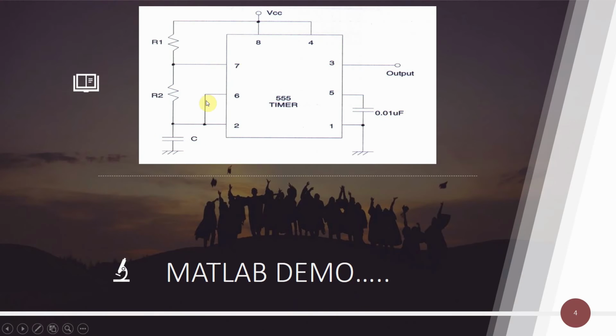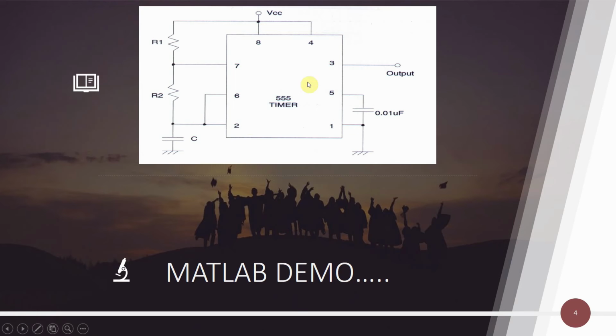Next, this is the diagram which you have to connect. The 555 timer IC is available in the market. While connecting, you just have to short 2 and 6, and if you have to connect a monostable, 2 and 6 should not be shorted. And for the second terminal you have to connect a triggering circuit. Triggering circuit is nothing but a voltage divider circuit with a push button, and you have to connect two resistors R1 and R2 externally.